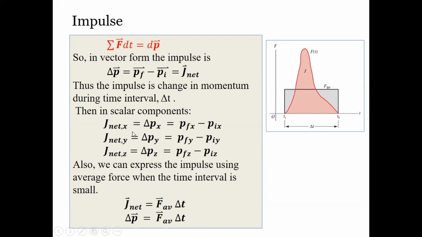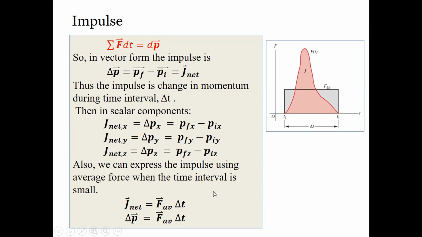We can also tell that this is the impulse, which is the average force multiplied by delta t. So J net is average force multiplied by delta t, or delta P is equal to the average force multiplied